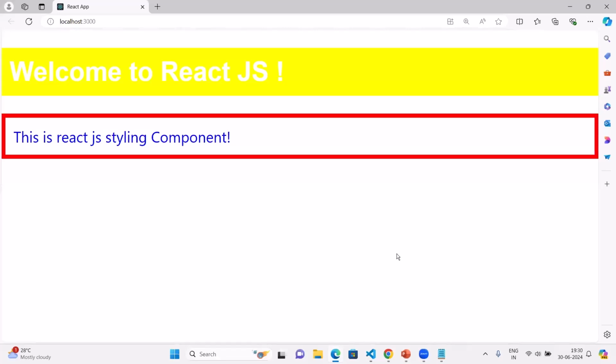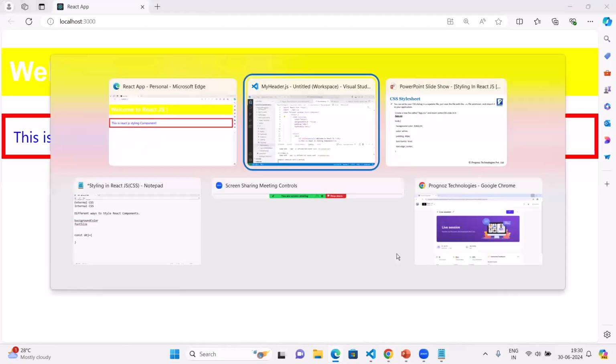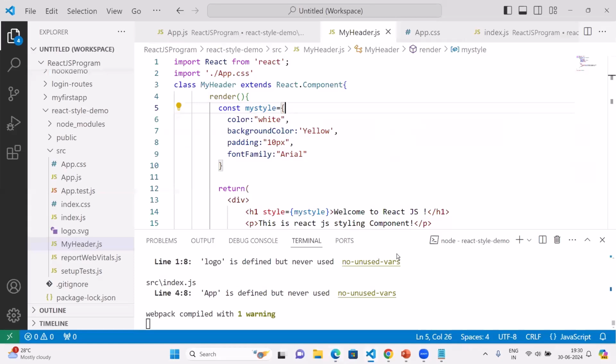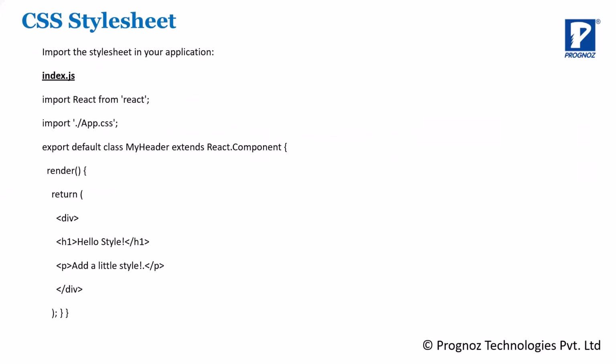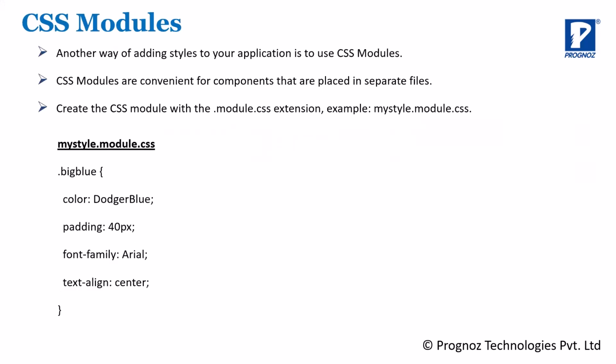Yes. Okay. So by default, we have the CSS file. That CSS file we can also implement for a particular component. Next concept is called CSS module. It is another way of adding style in our application. CSS modules are convenient whenever we are creating multiple components and want to place them in separate files. Then we use the CSS module concept, and it also avoids